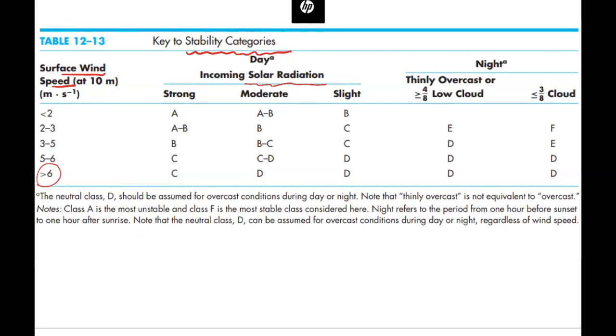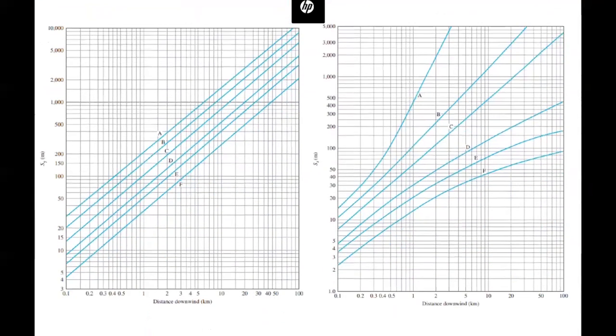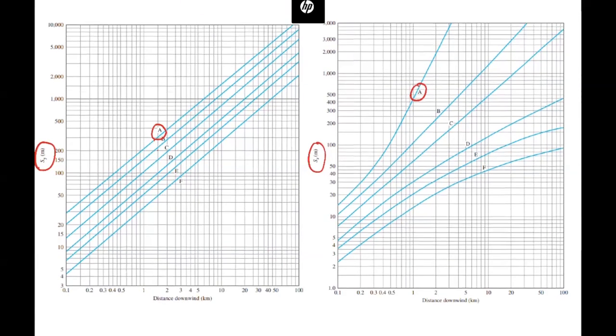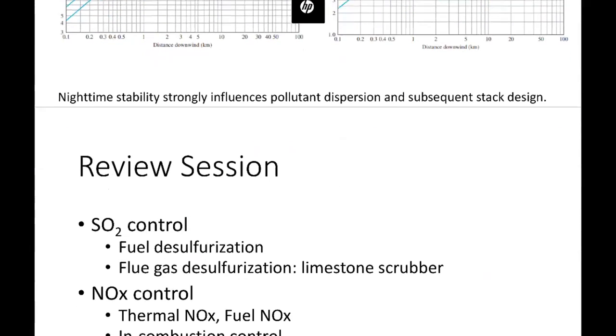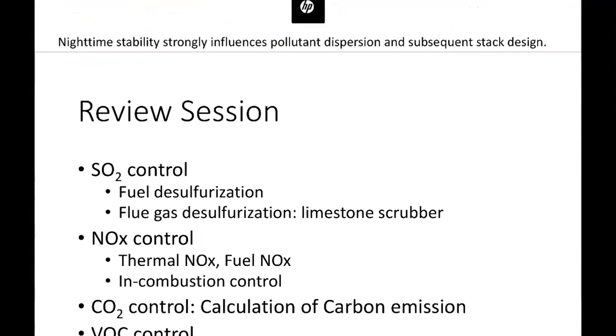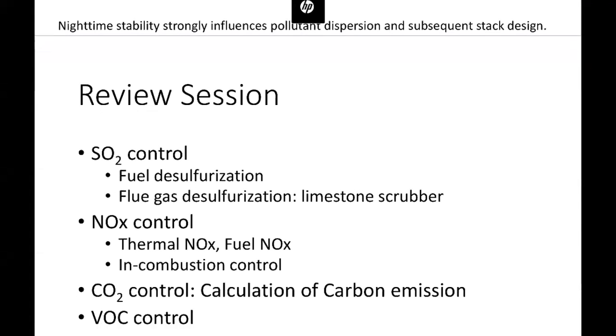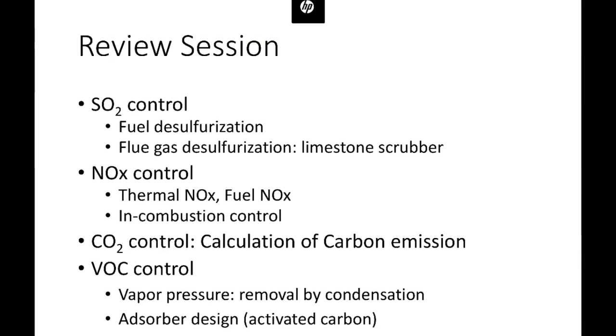Based on these categories, we can refer to the values of sigma y and sigma z based on their stability category. So basically, the category of A here means the most unstable condition. That's why it has the largest sigma y, right? And also it has the largest sigma z here, right? So I would say that's all for the contents of the meteorology, and that's all for the contents of the entire class. So we can use maybe just a few minutes to go through a quick review of